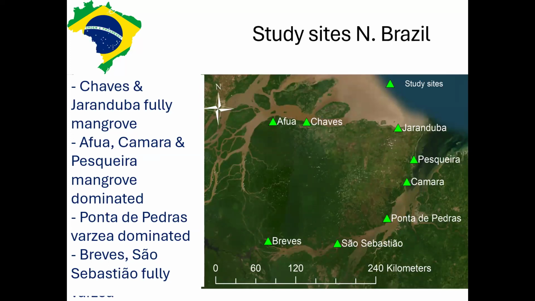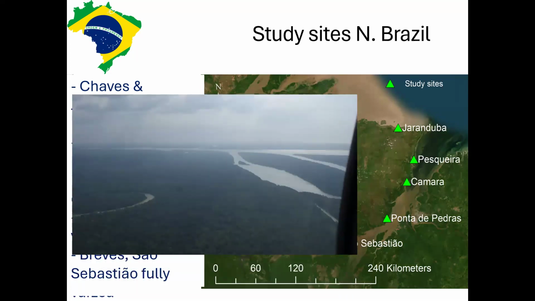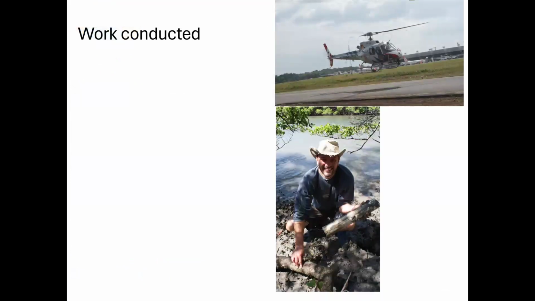Okay, so I've done a comparison between the rates of carbon sequestration in the mangroves up in the north and the Varzea in the south. Now, these mangroves, as I mentioned, are pretty enormous, and the area is quite difficult to access. The mangroves can be extremely extensive, and really the only way to undertake the study was by helicopter.